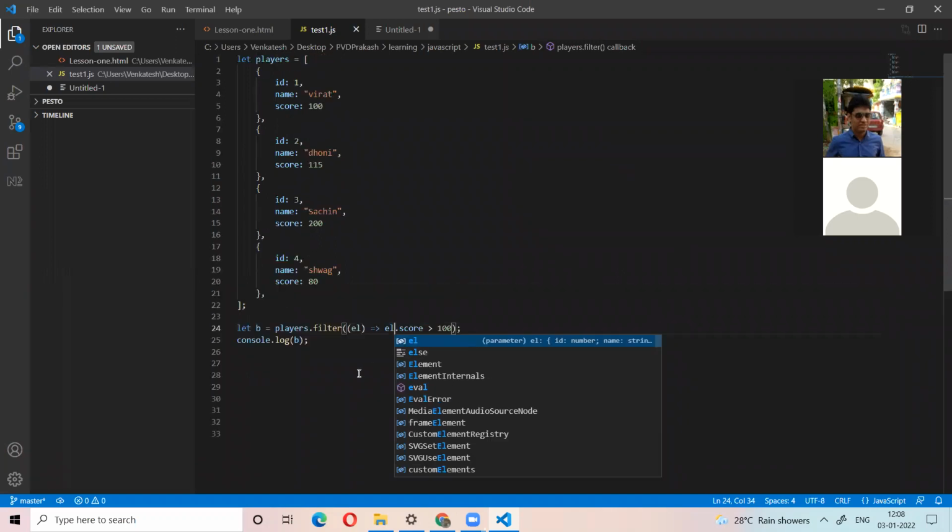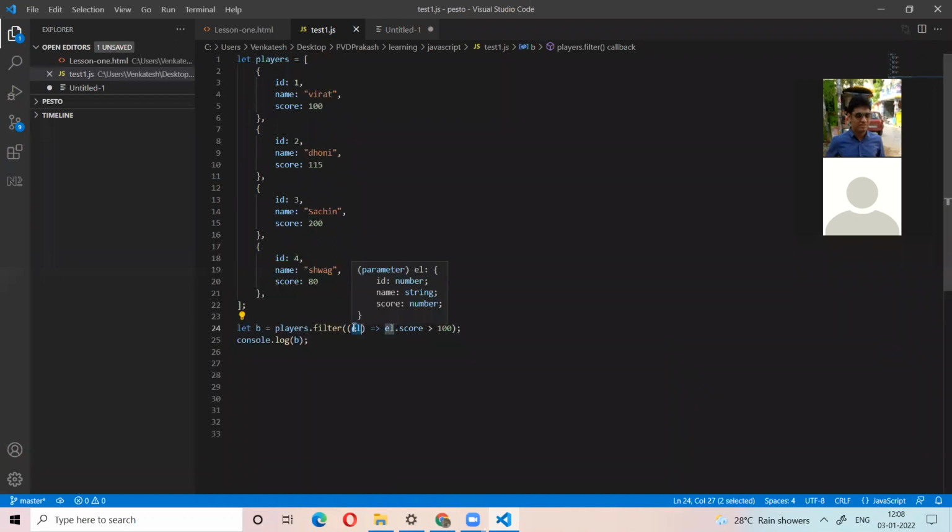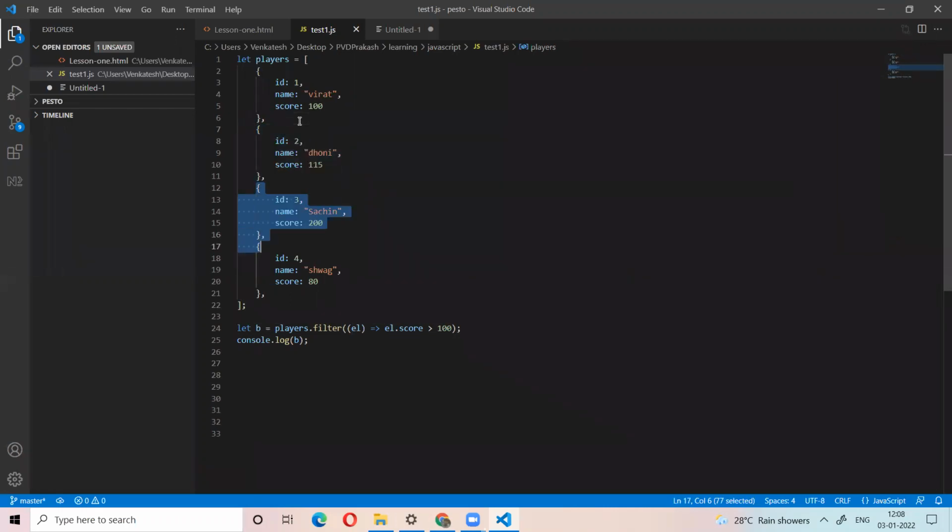So now for the first time, what is the element here? ID, name, score. This is the total element. Then the second thing is the total element, the third is the second total element, the fourth total element, right? So every time take that element and check that element's property. If it is satisfied, this is the total element. So then what is the output?